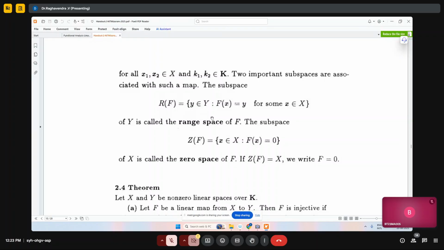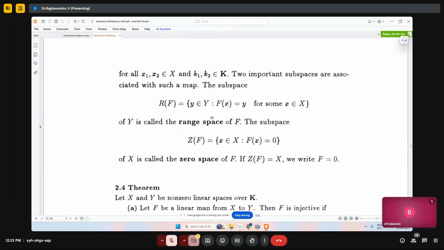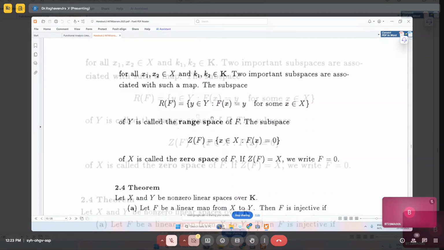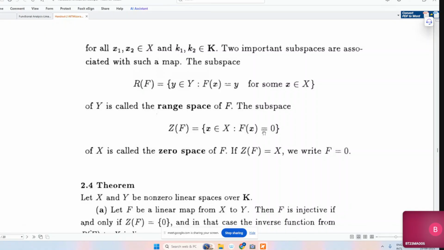There are two important subspaces we associate. One is called the range space, which is normally denoted as R of F. What is this R of F? It is the set of all Y in the range of the map, Y in Y such that there is some X in the domain space such that F of X equals Y. This you know, range of a function. It's called the range space. It turns out, see, in general, range may not be a linear space, but if F is linear, then